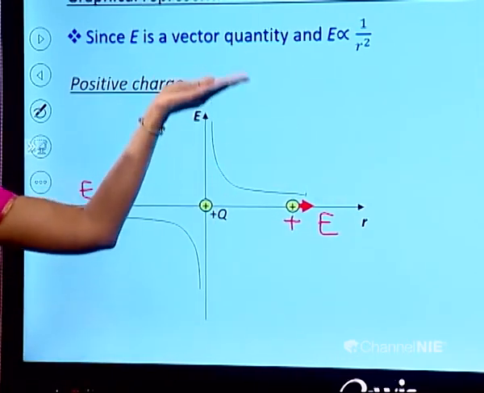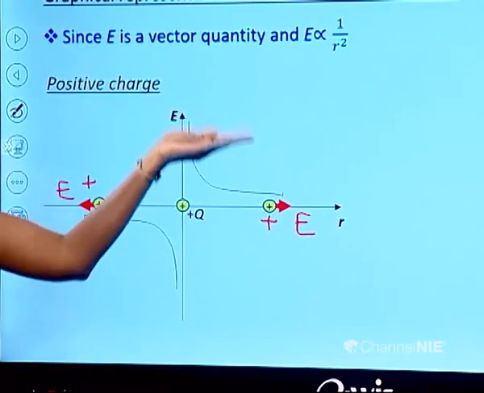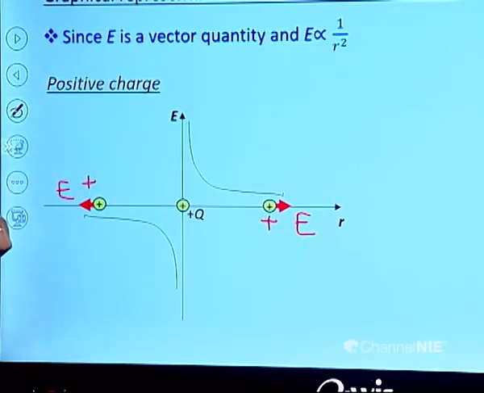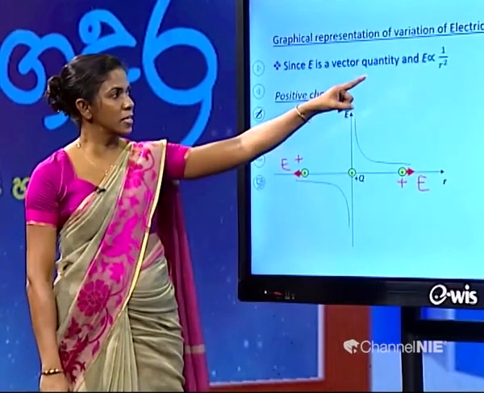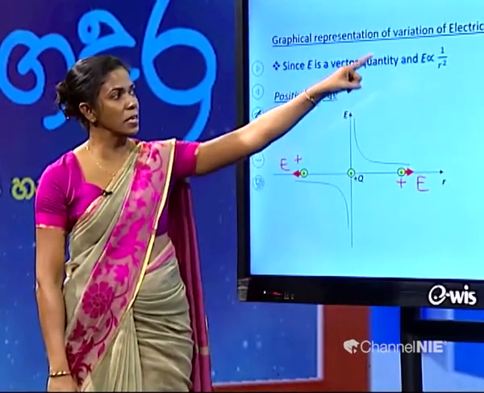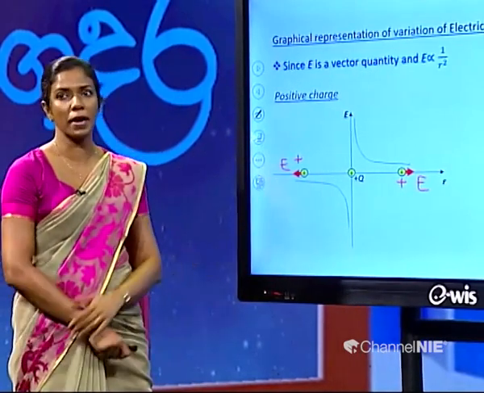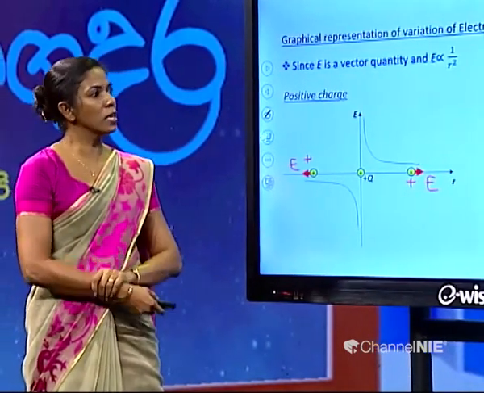So, I have expressed E on the positive side of the scale, and towards the left of it, E has reversed. Because the direction has inverted, we have expressed it on the negative side. The variation is the same: E is inversely proportional to R, so we understand the pattern. Now, if you think of the negative charge,